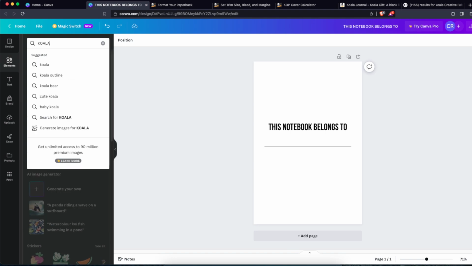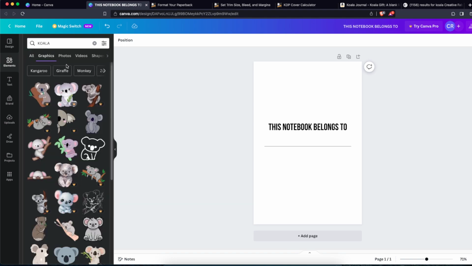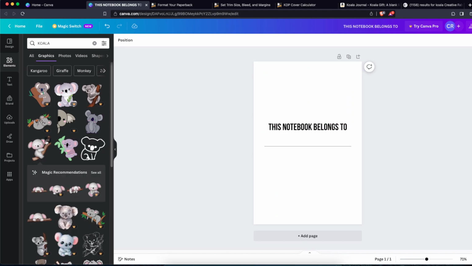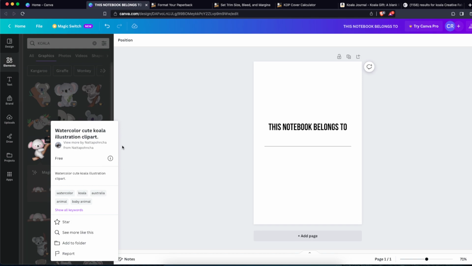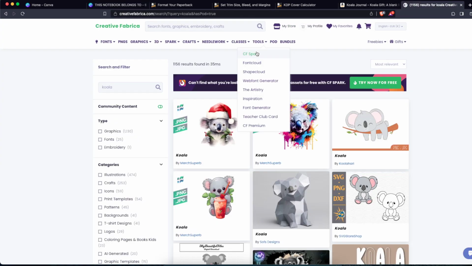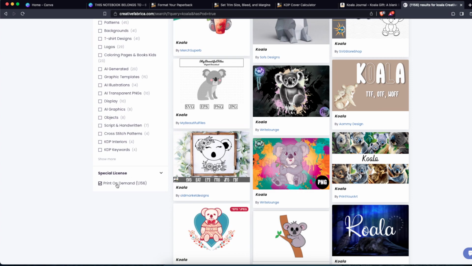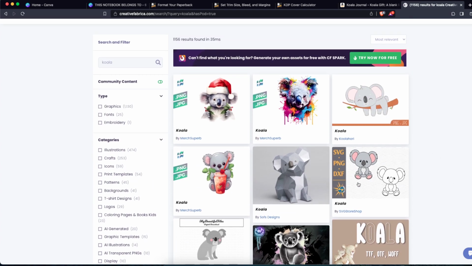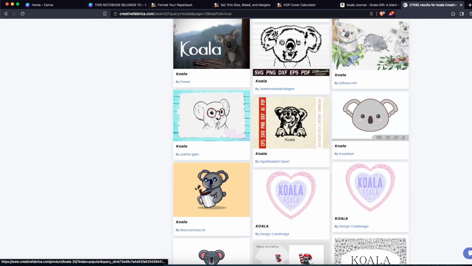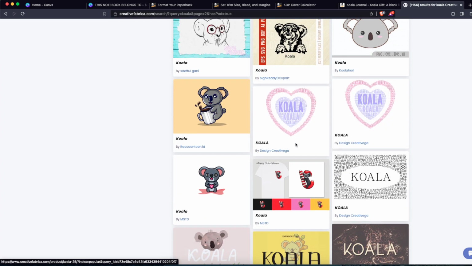So for example, we can search on Canva, but for Amazon KDP you cannot use any of those images because they are free and available online everywhere, unless you would edit them very much so. But what I suggest to do is just go to Creative Fabrica, write down koala, go here on special license and click on print on demand. After that, you're just gonna find the koala you like. For the interior, we of course need a black and white one,